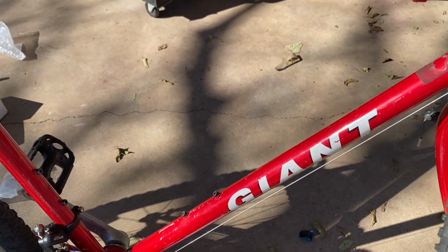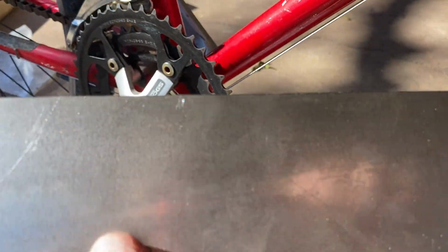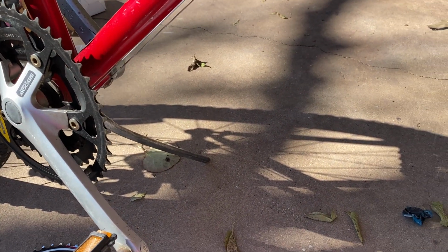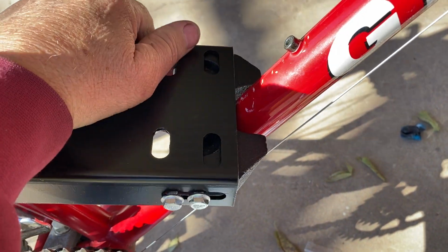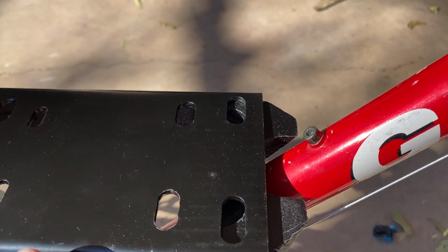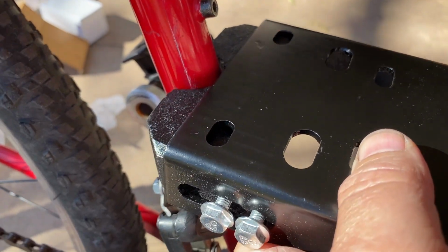Once we mount this on there, we'll tear it apart and then repaint it. And I think this one needs a back tire, but should be interesting. Got a little chain guard here, and that'll be painted the same color as the bike, as well as this mount. Once we break these loose, we can configure this to fit the frame, and probably make a spacer that will give it a snug fit. Looks like the back one's pretty much okay,